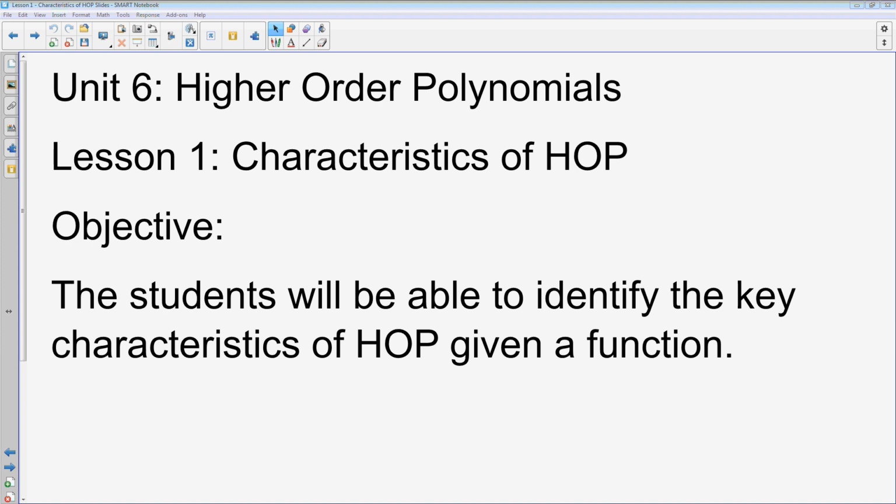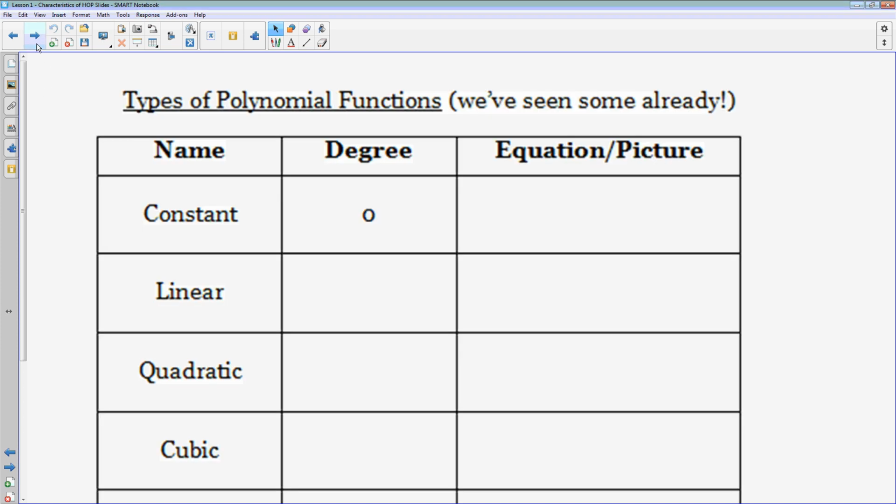Hey everyone, in this lesson we're going to learn about the characteristics of higher order polynomials. So this is our first lesson in Unit 6. So let's start off with talking about the types of polynomial functions that we have, and we've already seen some